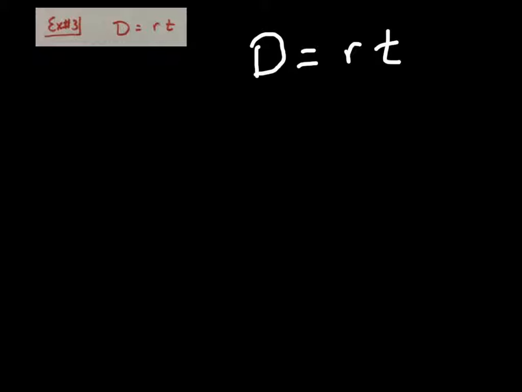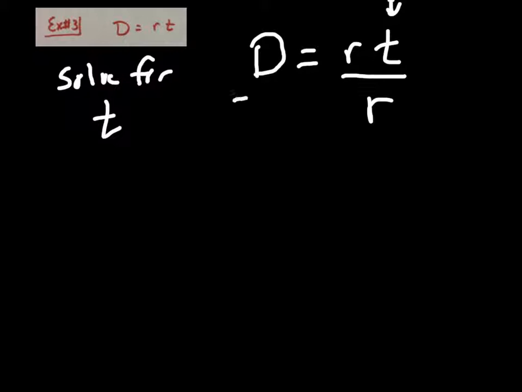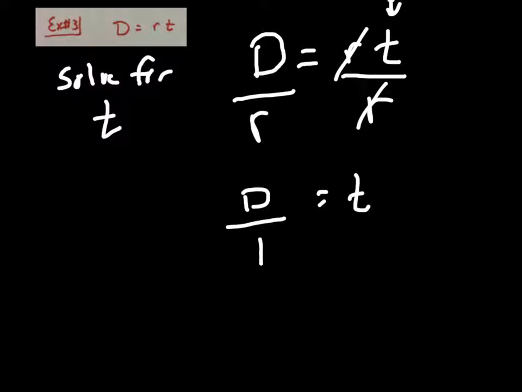Let's say on this one I'm going to solve for t, or rearrange for t. So I want to get t alone. If you want to give it a try, pause the video, feel free. I'll give you the answer in a moment. And for this problem, because it's multiplication again, the time I'm going to work on here is going to be solved, and I'm going to get a result of